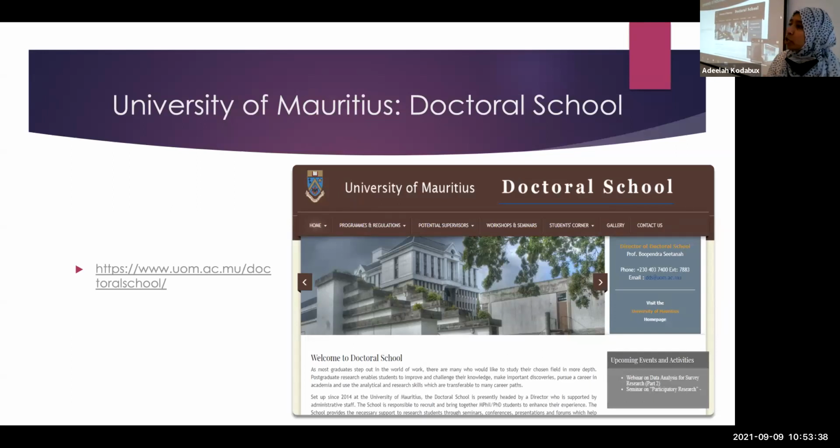And yes, I've looked at other opportunities available locally, including at other higher education institutions. The University of Mauritius has a doctoral school, and they have a website as well, including a contact person that I've seen on there. So it might be worth considering them and looking at the information that they offer.